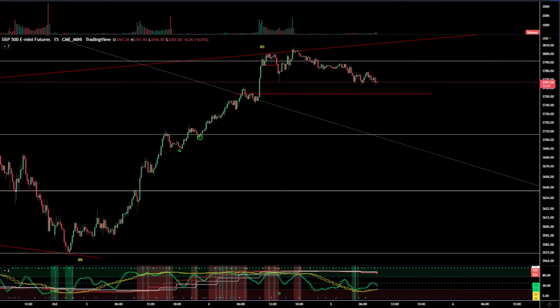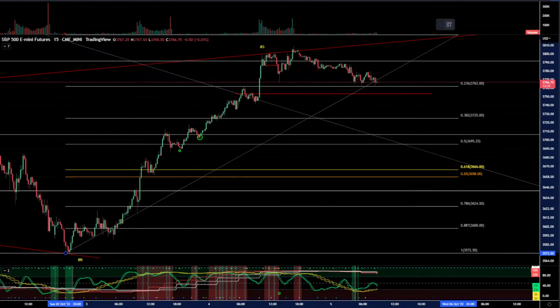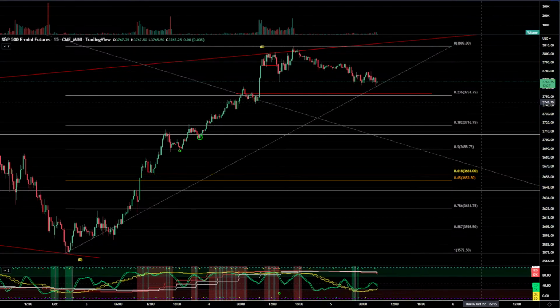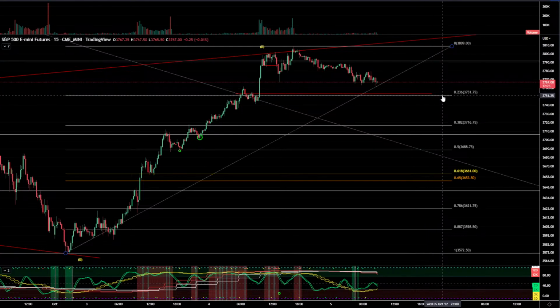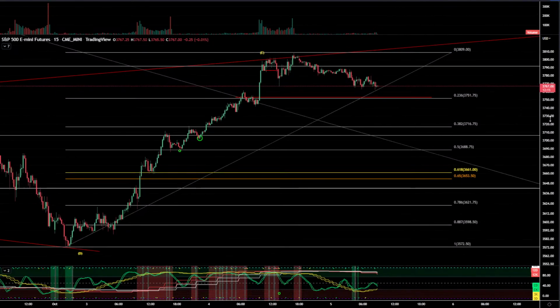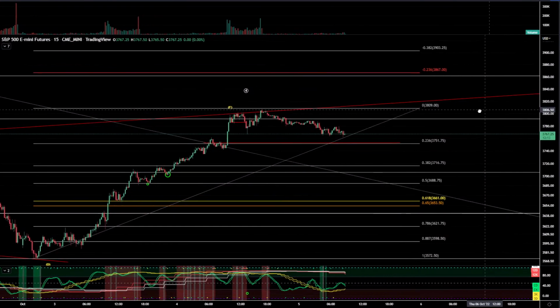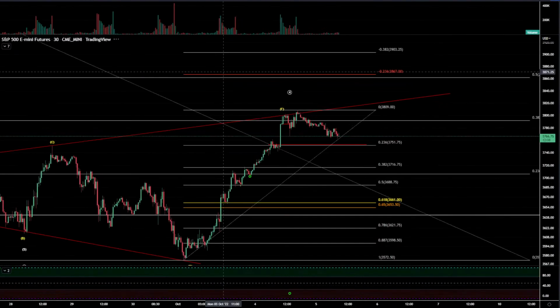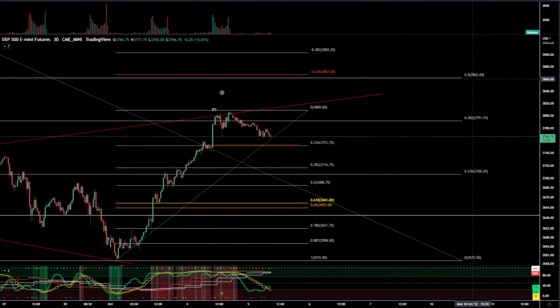But let me pull this up here, get my fib retracement, get our dominant low here, and try to get our dominant high right here. Let's see if we have any confluence. So we talked about this level right here at 37.53. Well, we have a 236 here at 37.51. Are we going to find some support there? It's very, very possible. Where would the upside target be for that? It would be here at about 38.67, which, if I zoom out, happens to be right here at this 50,